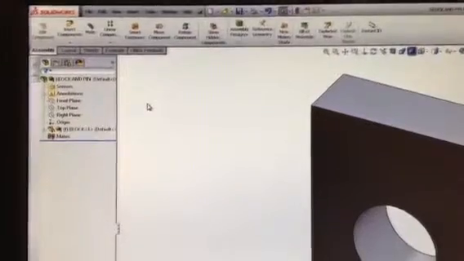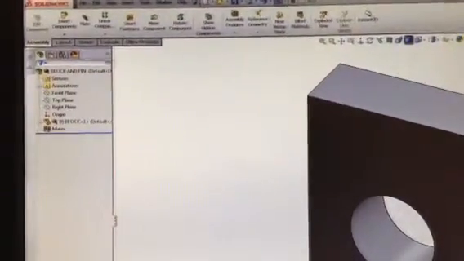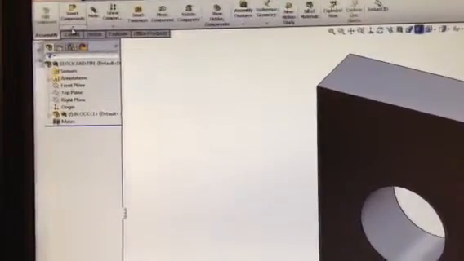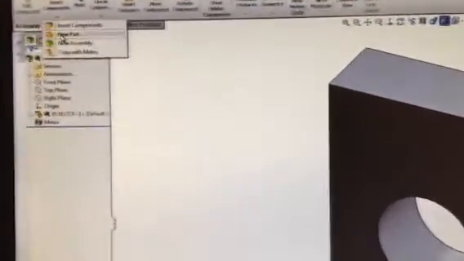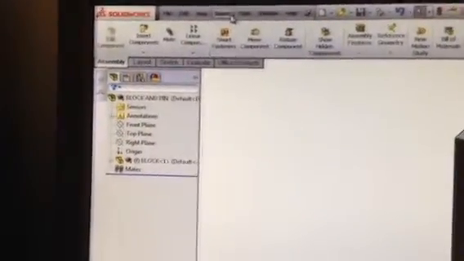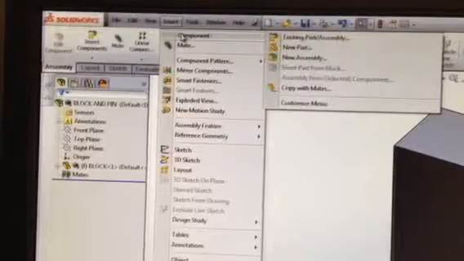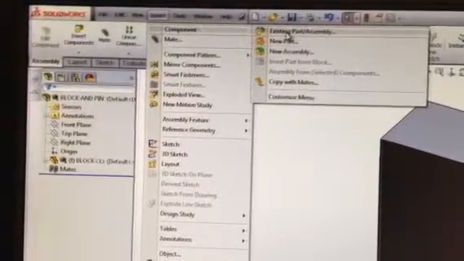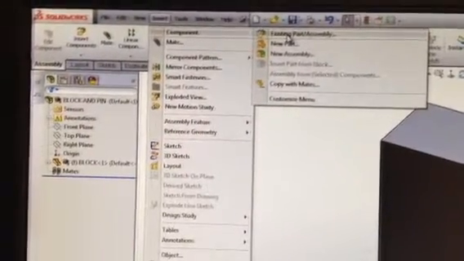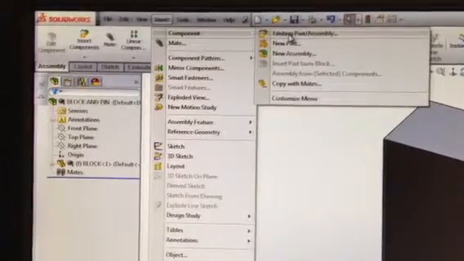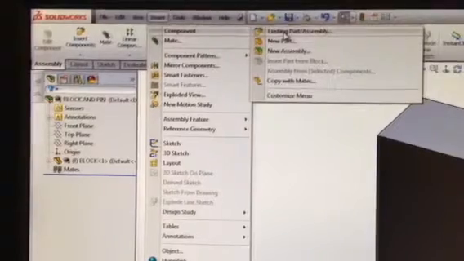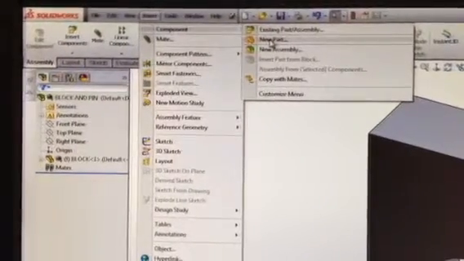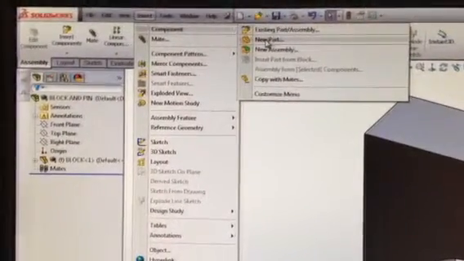The command that I'm looking for here can be found in that assembly toolbar, insert components. So I click on the black arrow here and choose new part. Or my drag down menu, insert component and new part. Notice that if I'm putting a component, just another part, in the assembly, if I choose existing, that means I've built it bottom up. If I choose new part, that means I'm building it from the assembly level. When I select that new part,